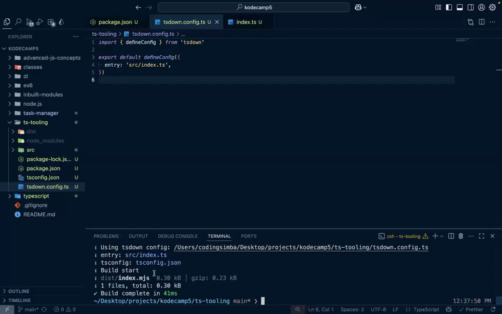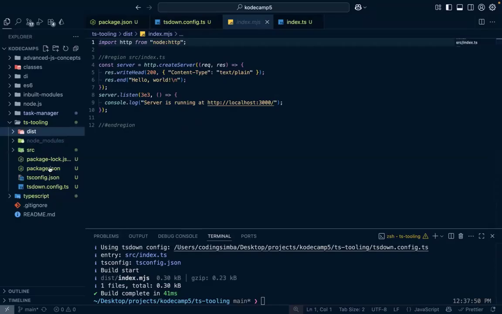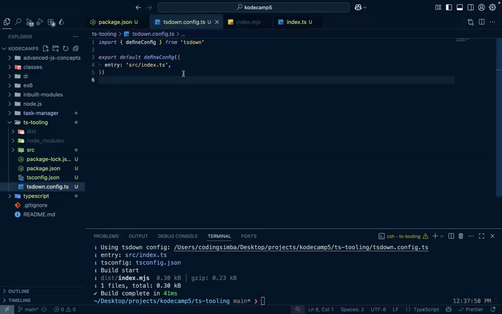And this completed in 41 milliseconds. This is index.mjs. If you open this, you can see this is our JavaScript file, and everything here is actually optimized, but not minified. Now, if you come over to your tsdown config.ts, you come over here and see